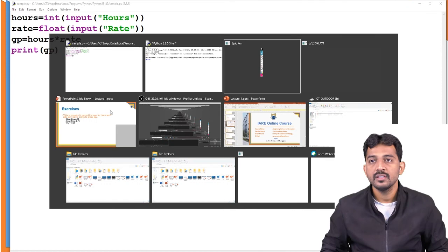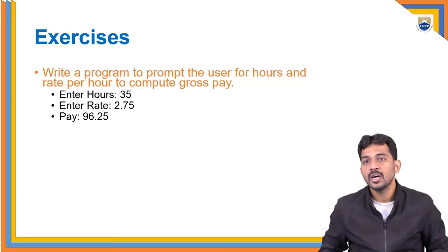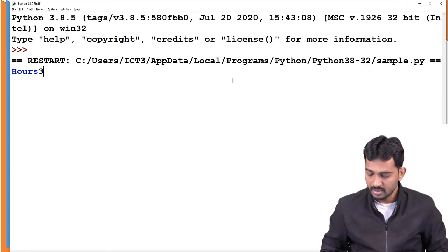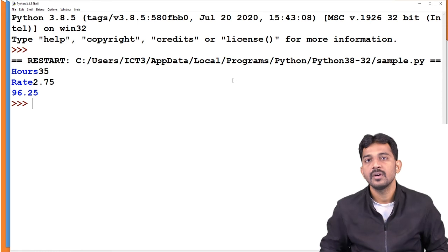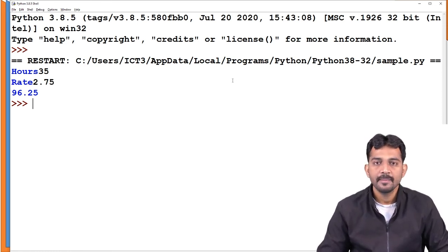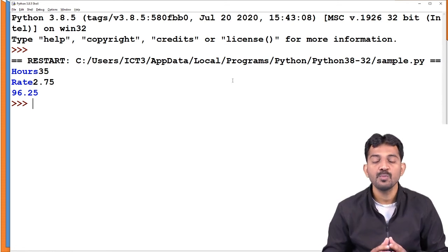What is the answer they have given? 35, 2.75, right? 35, 2.75, 96.25. Is this clear?